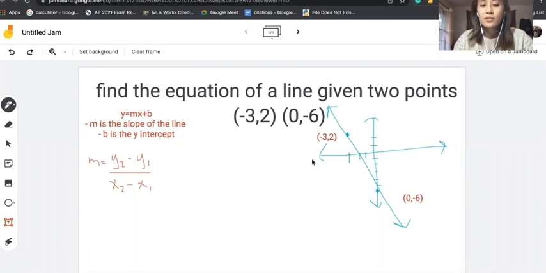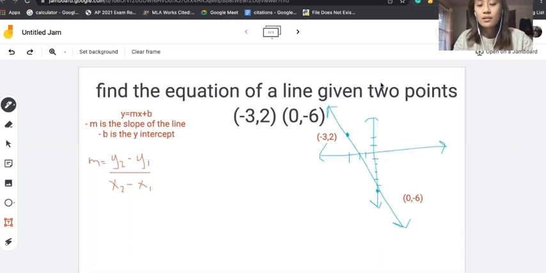Today I'm going to teach how to find the equation of a line given 2 points. The 2 points are (-3, 2) and (0, -6). The 2 points are plotted on the graph to the right here, and we can tell that (0, -6) is the y-intercept because it is when x equals 0 and it lies